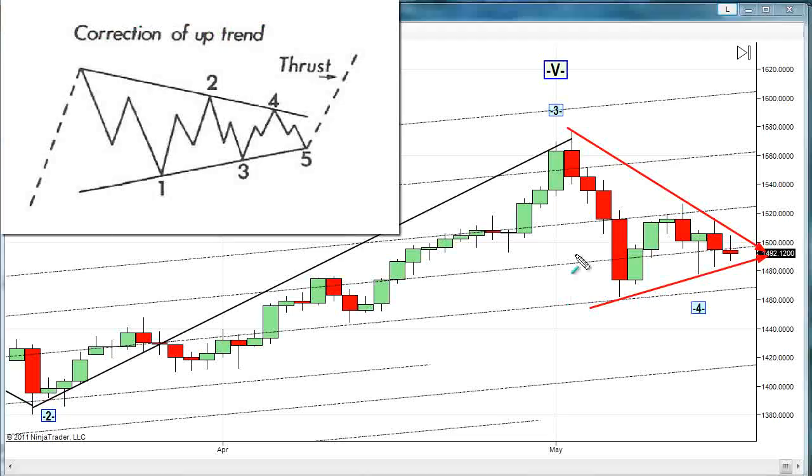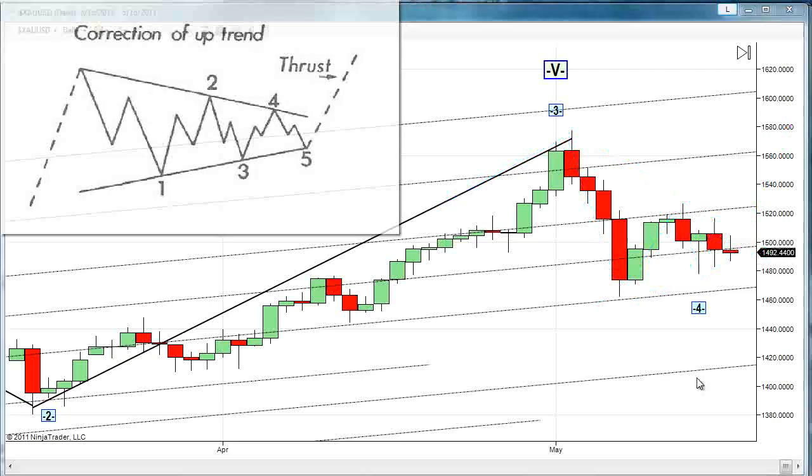So as the market comes up, and we have the market coming up here, hitting that high, you get a series of legs. Legs 1, 2, 3, 4, and then you get a 5th leg. On the conclusion of that 5th leg, according to R.N. Elliott, you get what is called a thrust line. And so the thrust line would be similar to the beginning of the impulse phase itself. Now, is that what we're going to see? I don't really know, but I can tell you this.